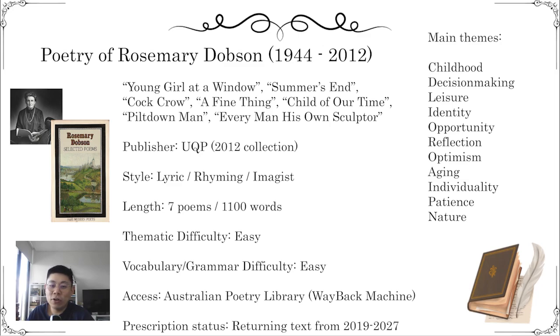I think it's such a strong choice, and I was surprised that Rosemary Dobson was not very popular in Text and Human Experiences, the previous iteration. I hope this is going to be popular in this current iteration. It just works. Prior knowledge and language, pretty much nothing. The language here is really simple and accessible. Content warnings, also pretty much nothing. I think it's just very clean and clear. There's not really a lot of tragedy here.